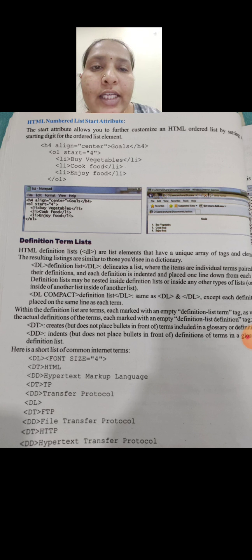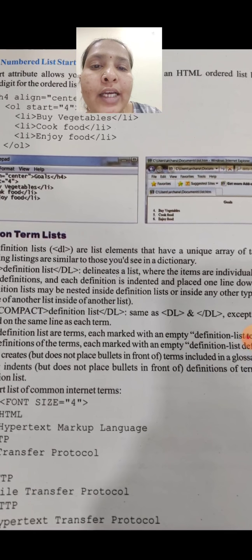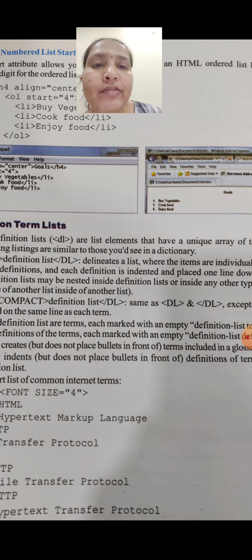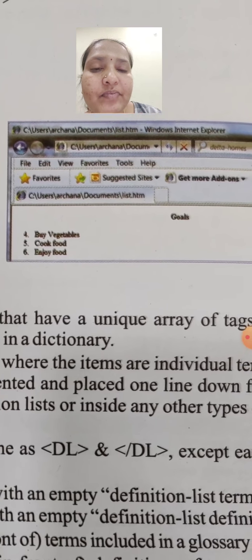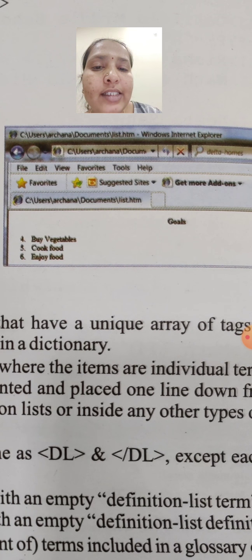Once we have written everything in a notepad, we have to save it, and then we have to open the web page. In that, we have to open the file which we have saved through notepad. Once we have written like that, see here, the window will look like this.